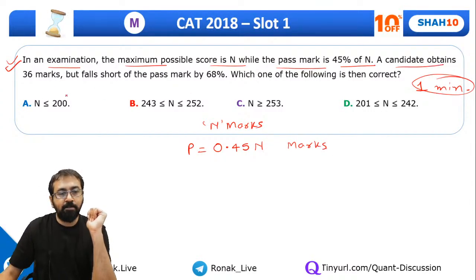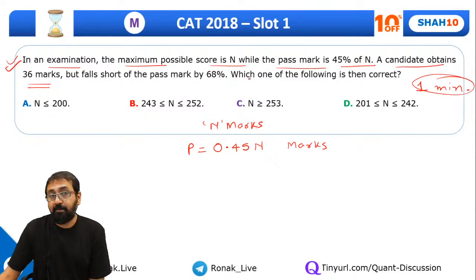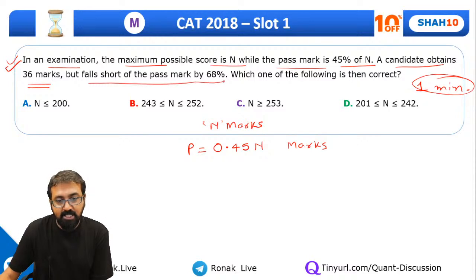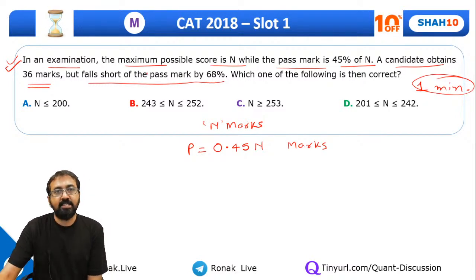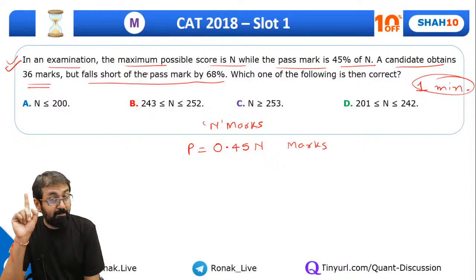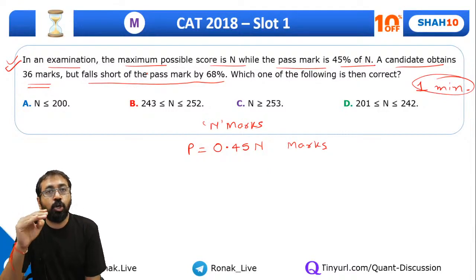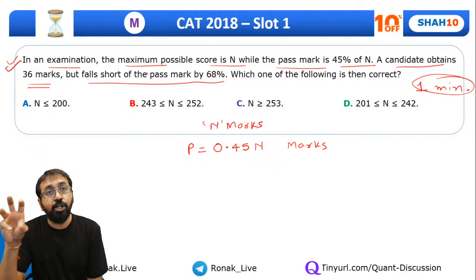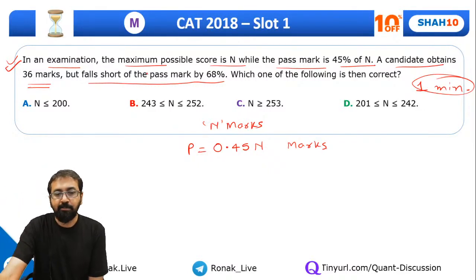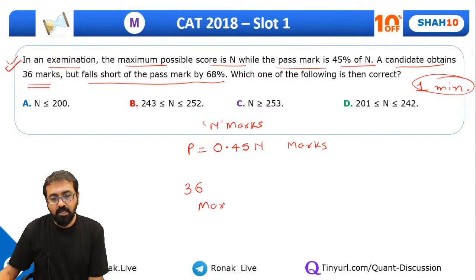A candidate obtains 36 marks but falls short of pass marks by 68%. Now see, please understand what it means, falls short of pass marks by 68%. Guys, अगर पास मार्क्स आपके 100 है, पास मार्क्स 100 है and you are falling short by 68%, मतलब you have scored 32 marks, you have got 32% of passing marks, right? Correct. Okay, so can I say 36 marks is equal to 32% of passing marks,